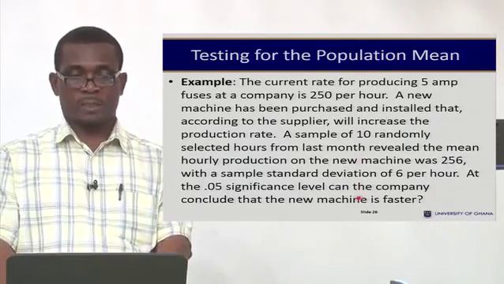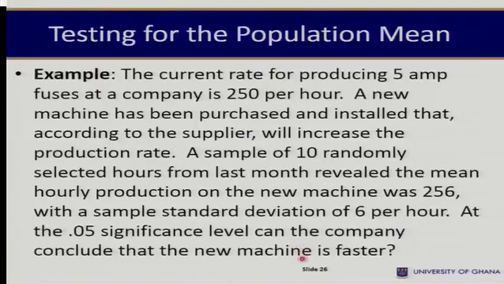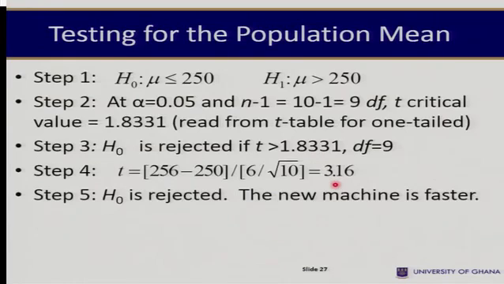The current rate for producing 5 amp fuses. The problem, I will not dwell on it. You can read the problem. But what is important is that we're able to state a null and alternative hypothesis. Now at the 5% significance level and with n minus 1 degrees of freedom, which is 9, we can read the critical value as